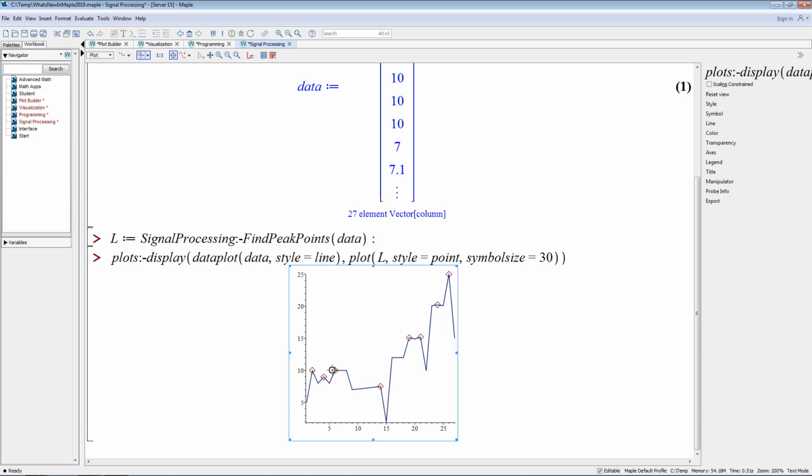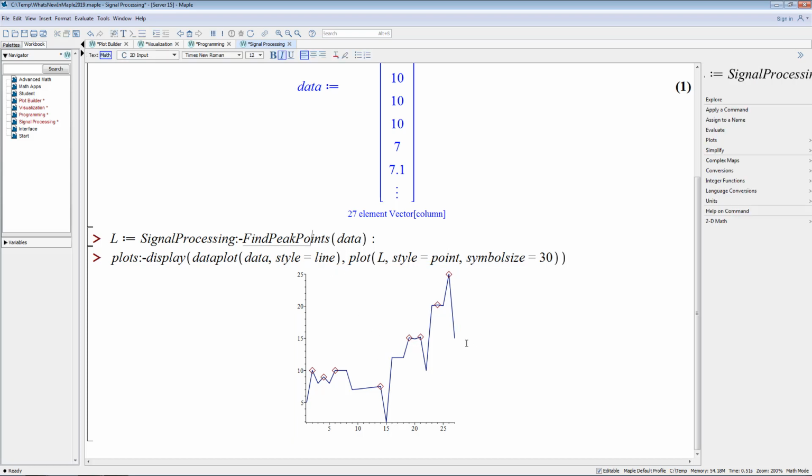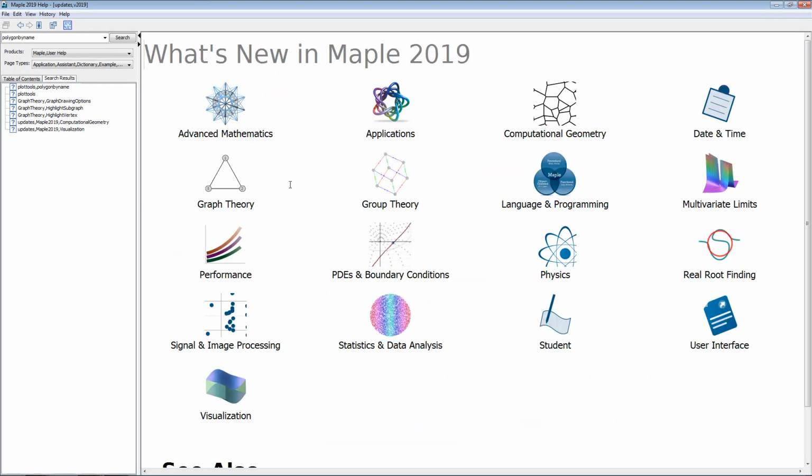So what we see in this plot is we've detected the peaks in each one of these cases, and we can of course customize this. There's a whole bunch of different options to FindPeakPoints to work with this heuristic, but in this case we can just see some of the peaks. We can do peak detection. It's an exciting new command, and there's actually a lot more for signal processing I won't be covering today,